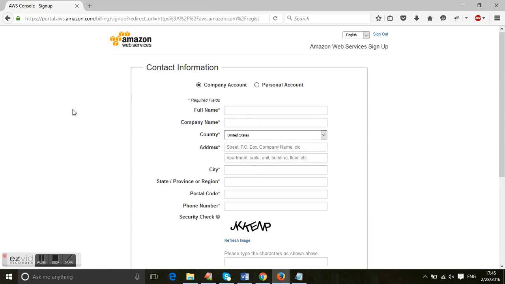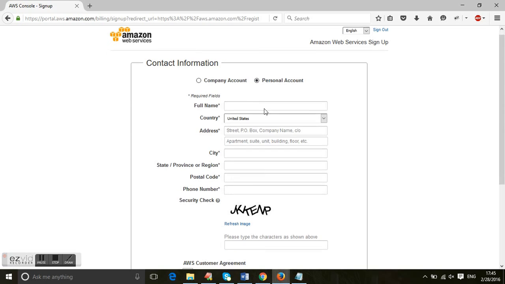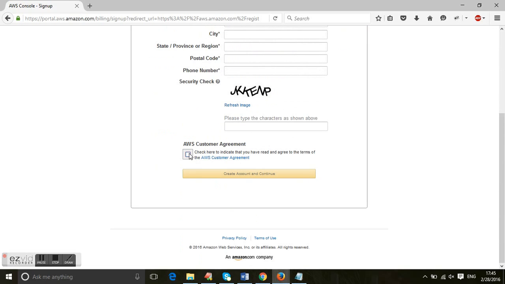Okay, this will take you to the contact information page on the AWS portal. Enter your company. If you have a company account, enter your company details and your name. And if you would like to make a personal account, click on that radio button and please fill in the details accordingly. Once you check the checkbox and then click on this button, you will be redirected to